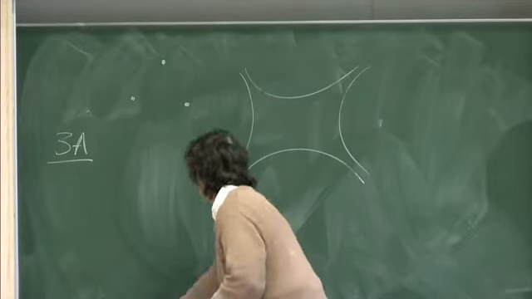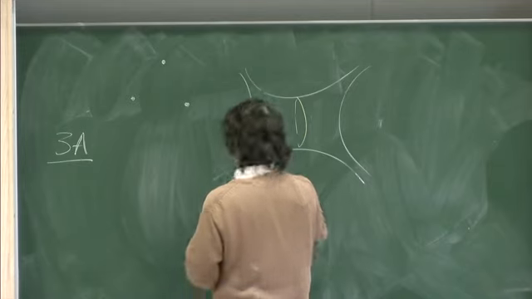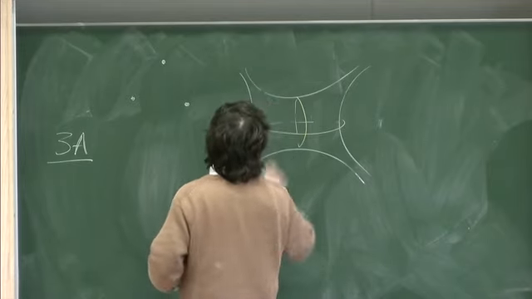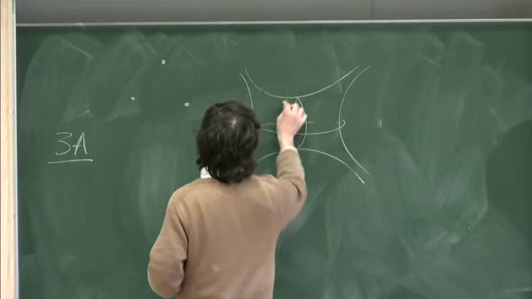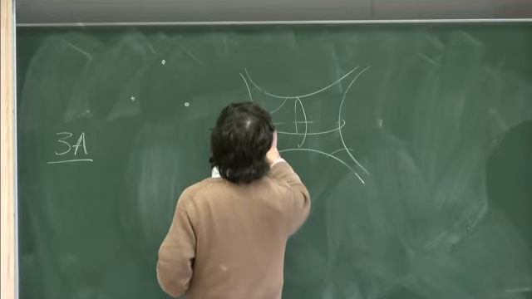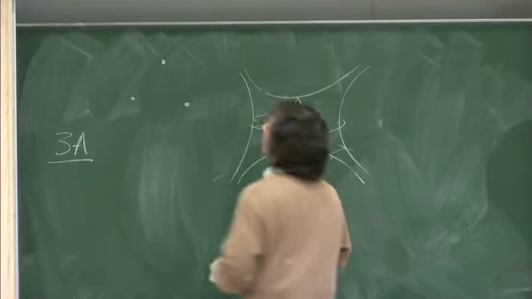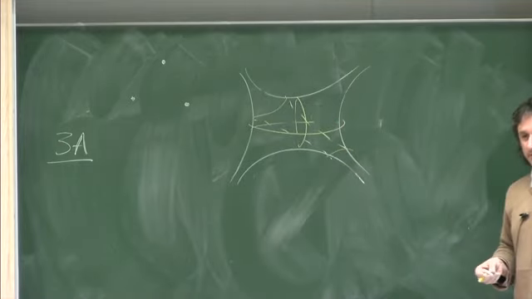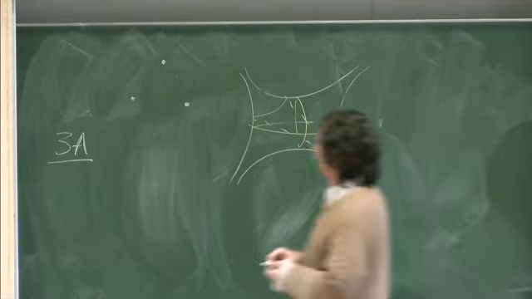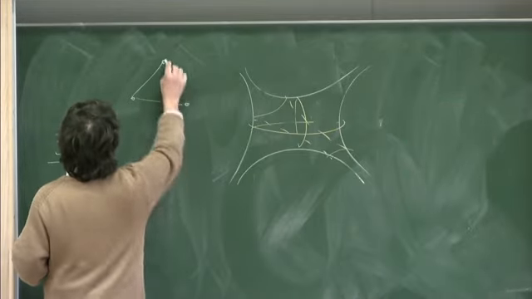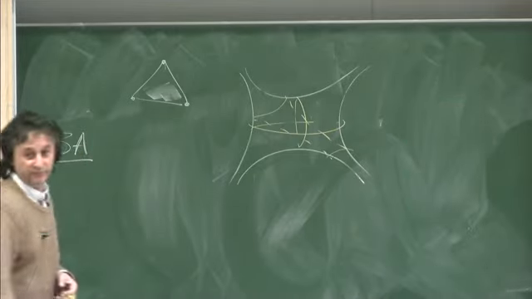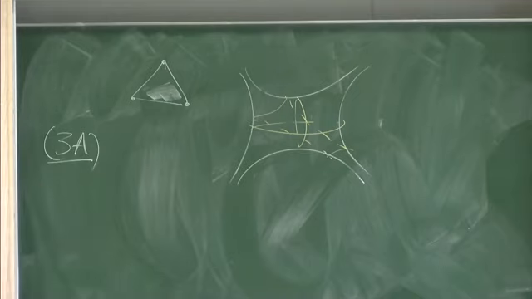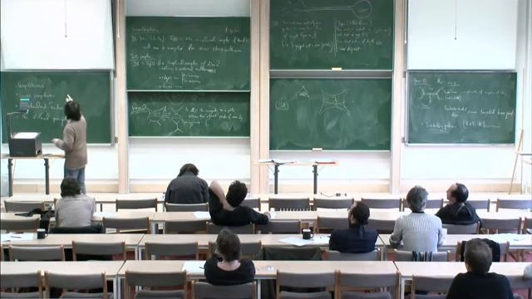So it's this, and this. Okay, so there's 3 curves, and you put a face whenever you have a triangle like this. Then you have another triangle. Then you have